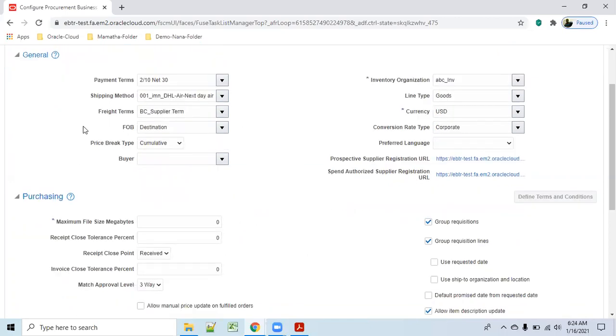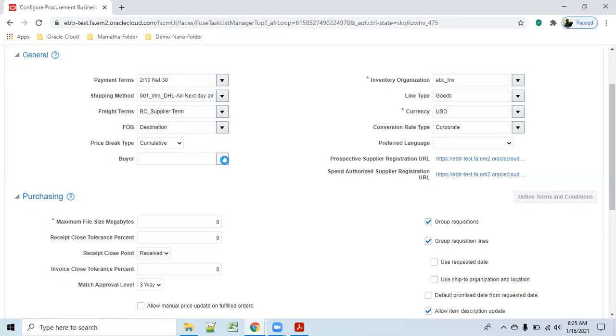What is the buyer significance? Suppose this BU is handled by a single buyer, the business client will expect this buyer to be defaulted into the PR or PO. At that time we select the buyer from here.